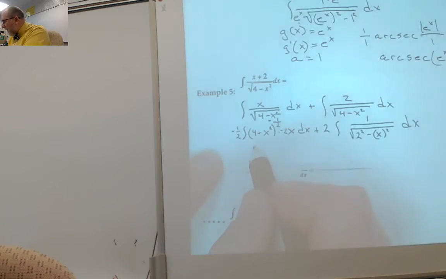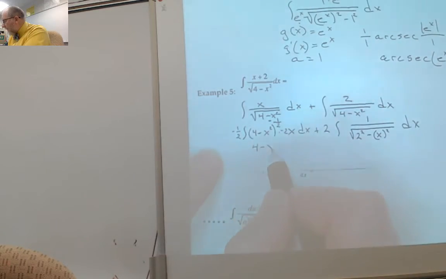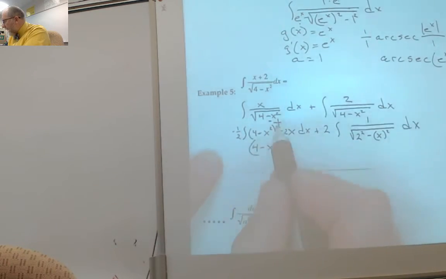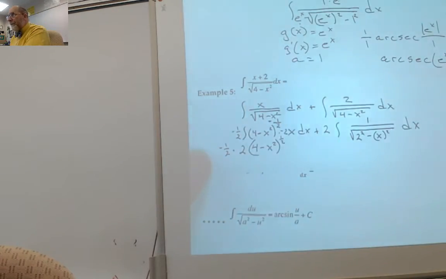So I'm going to get 4 minus x squared, add 1 to the exponent, get a half, and multiply by the reciprocal, which is 2. And before anybody yells at me, I already know there's a negative 1/2 right there. So this is going to be a negative square root of 4 minus x squared